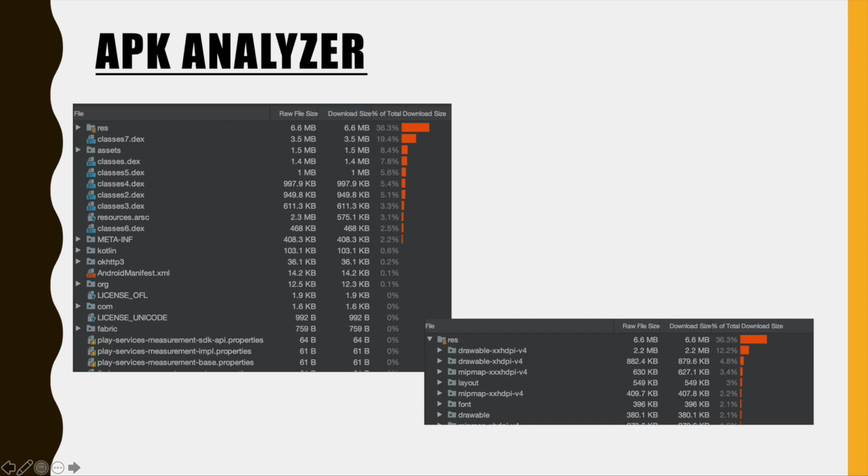For example, obviously, it's the res folder, usually it's the bigger one. And then inside you can see drawable in XHDPI are also the bigger folder in it. So yeah, it's really important to do that, to check if there is not anything weird, a big library or anything you can improve in your app.